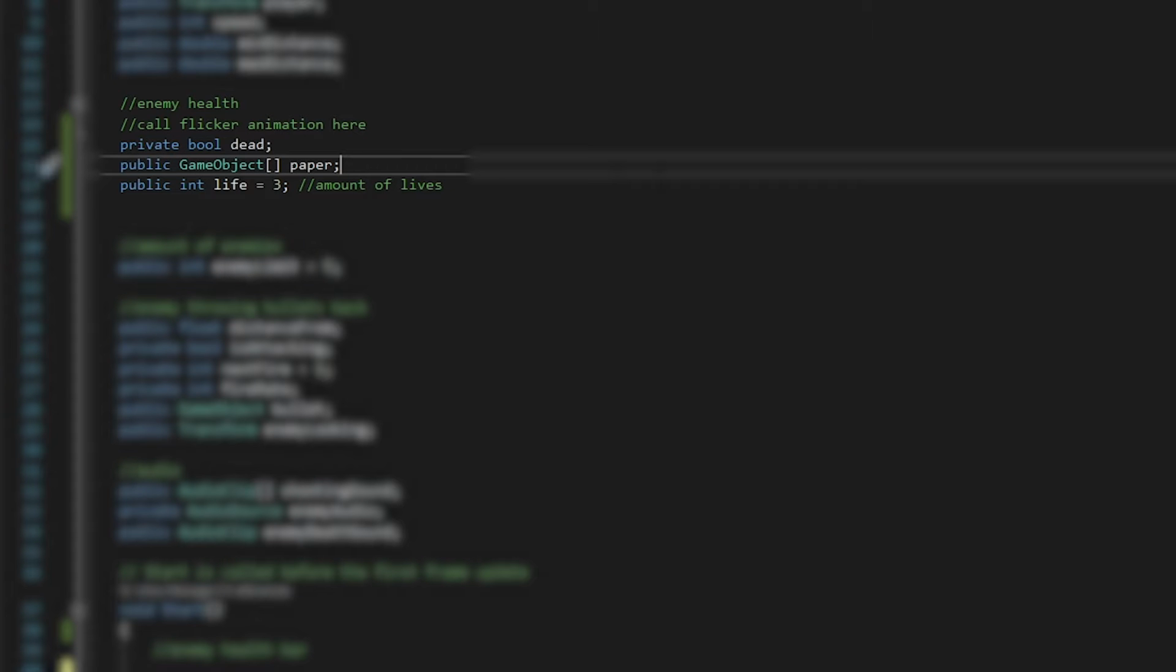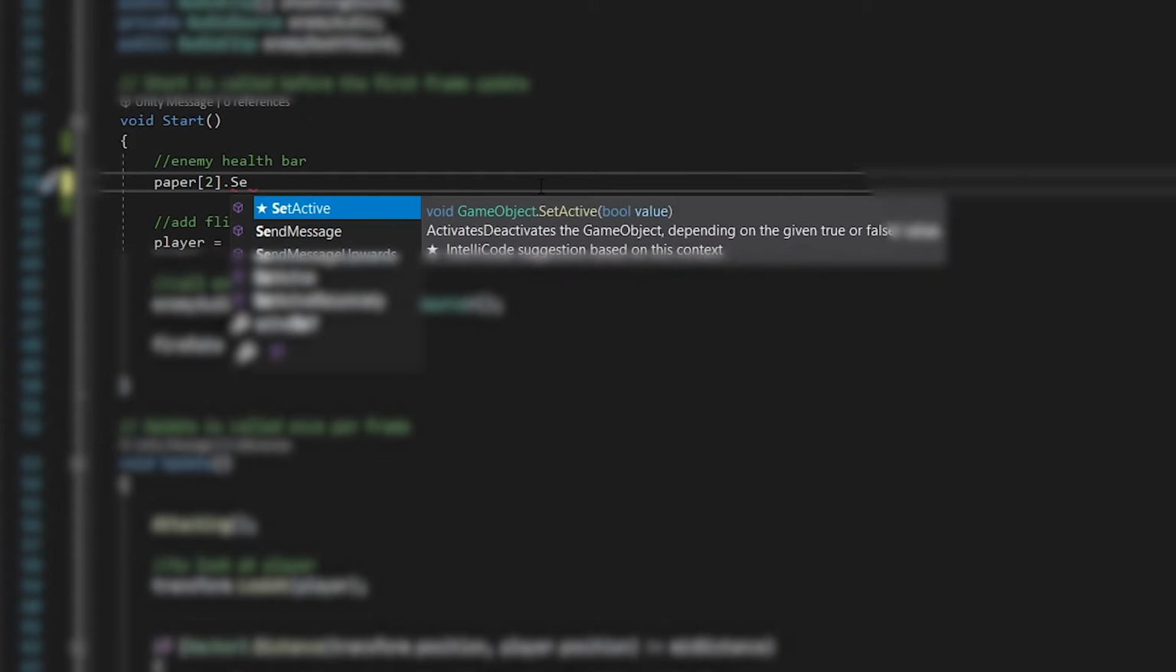Now that you've done that, go back to your script and go to void start. Since we want the full health to appear when the game starts, you'll type your game object array name and the element number you placed your full health in. Then you press the period and put SetActive and then parentheses true. SetActive makes it so that you can tell this object to be visible by using true or invisible by using false. Since in the start of the game the full health is active, we want the other lives to